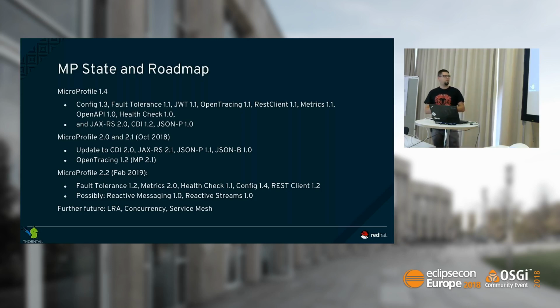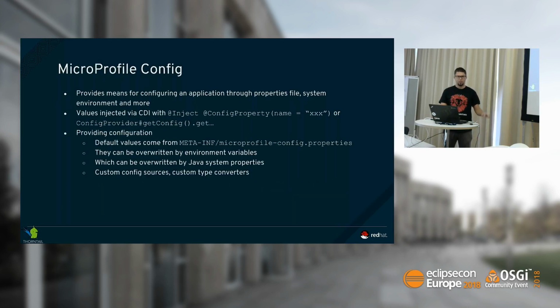There is also some work being done on long-running actions, so a way to compensate for a distributed processing of a request that failed at some point, MicroProfile concurrency, and MicroProfile service mesh. Let me go into a bit more detail about these